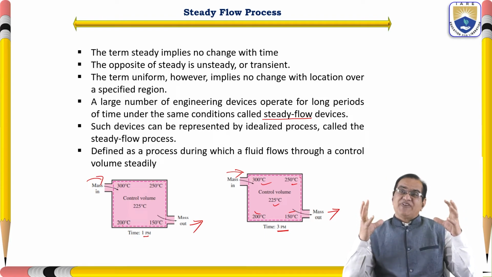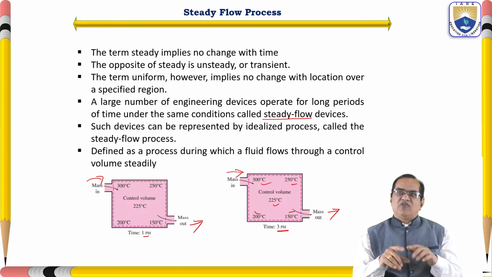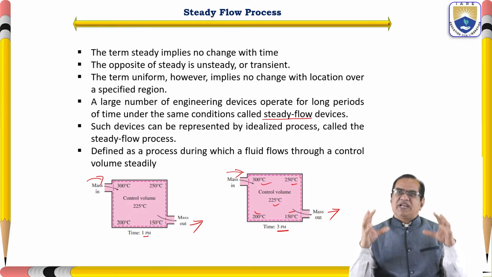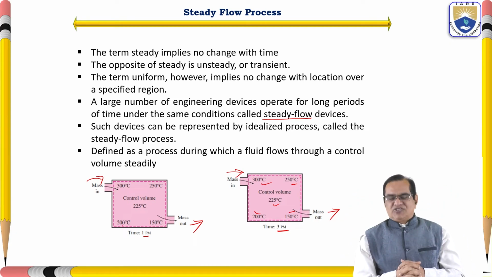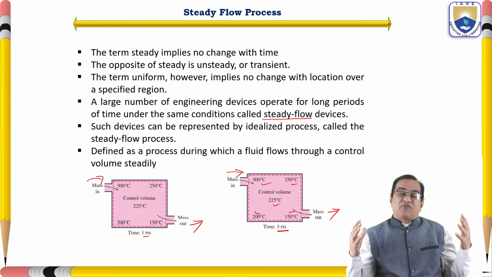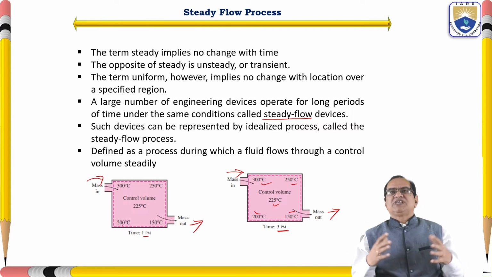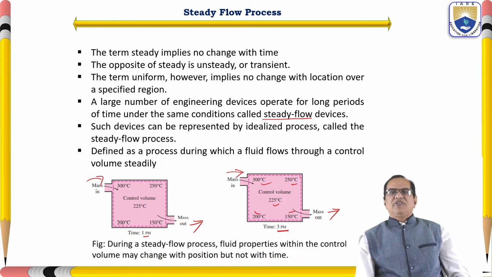So this is a very simple assumption that inside the control volume, the temperature and pressure at every particular location will remain constant. That type of system is called the steady flow system, and this type of process is called the steady flow process. During a steady flow process, fluid properties within the control volume may change with position,